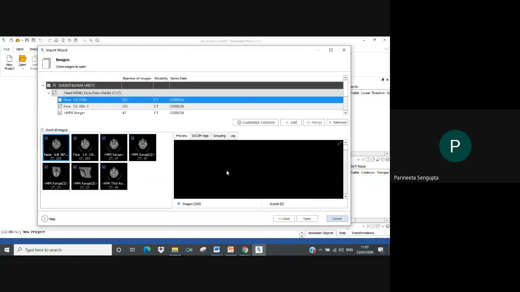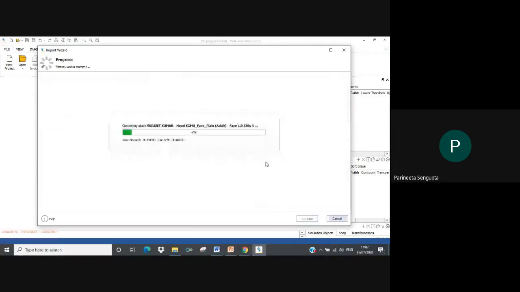So what I'm doing right now is I'm unchecking the entire box. From here, I'm just selecting the one that I want for today's exercise, and I'm going to click open. The project will be converted.